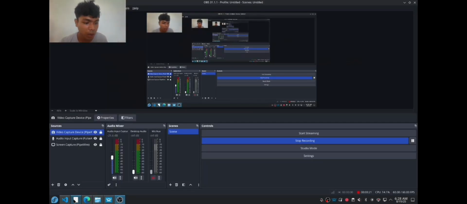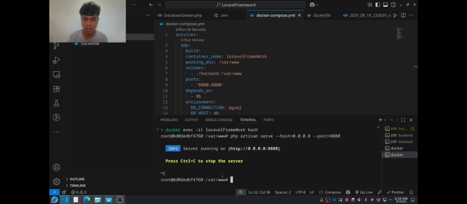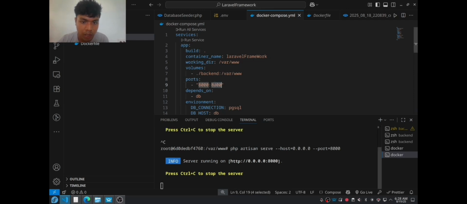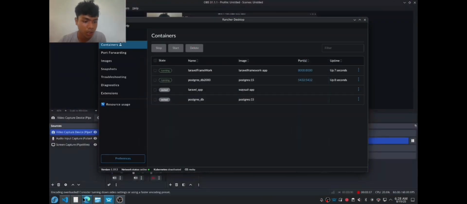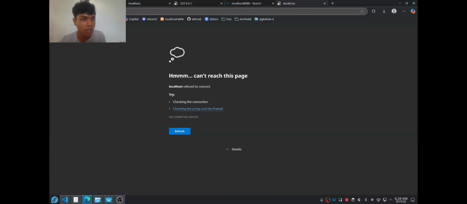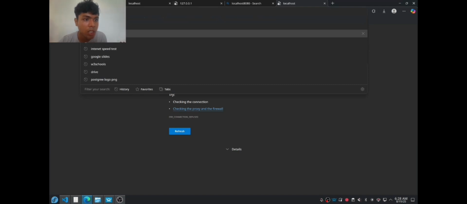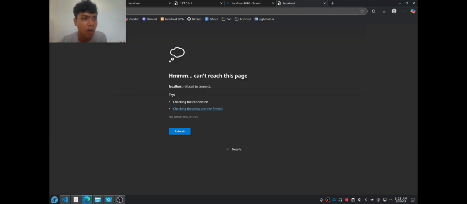Oh, I think I was wrong. Let's fix that, not just 8000. As you can see, it's reading the port inside here. Then it will come out as this. Here, let's see, I changed the port because it was local. And this.